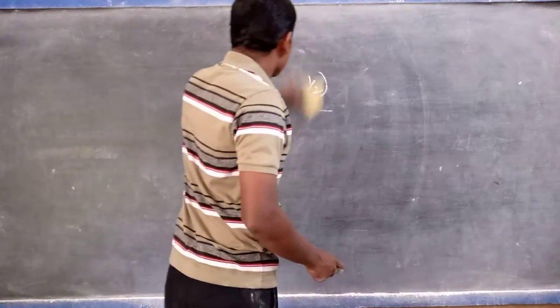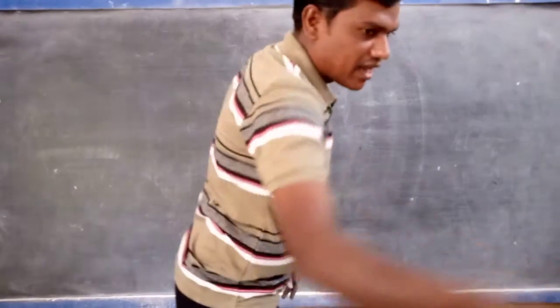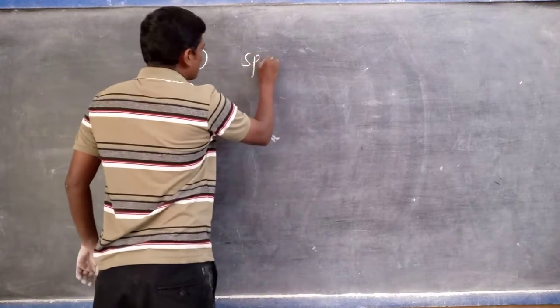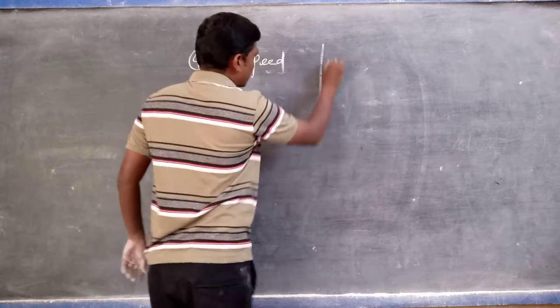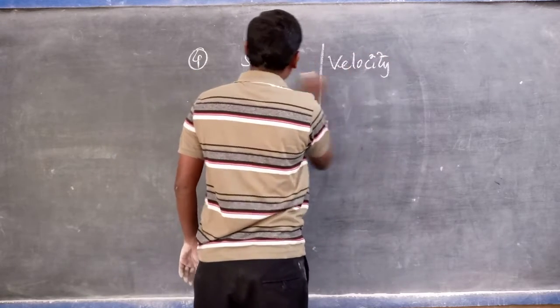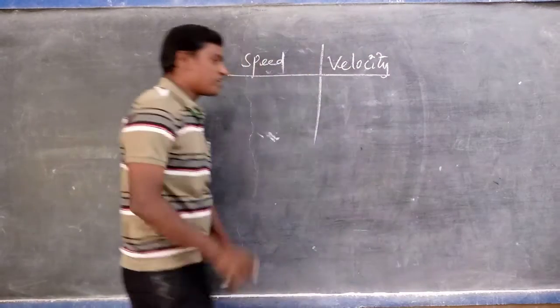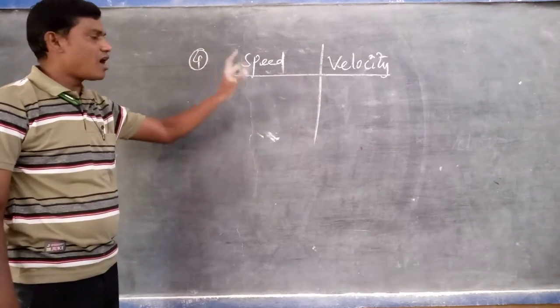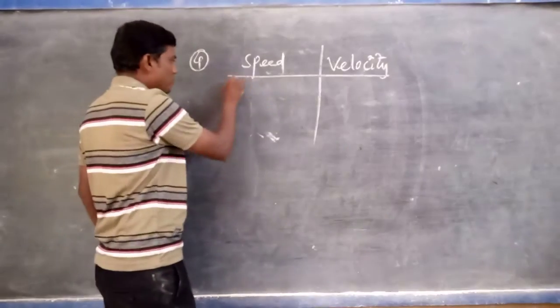Next one, distinguish between speed and velocity. Question number 4. Okay, speed. Next here, what is velocity? What are the differences, or how do we distinguish between speed and velocity? First, we can write the definition on both sides. The first point,